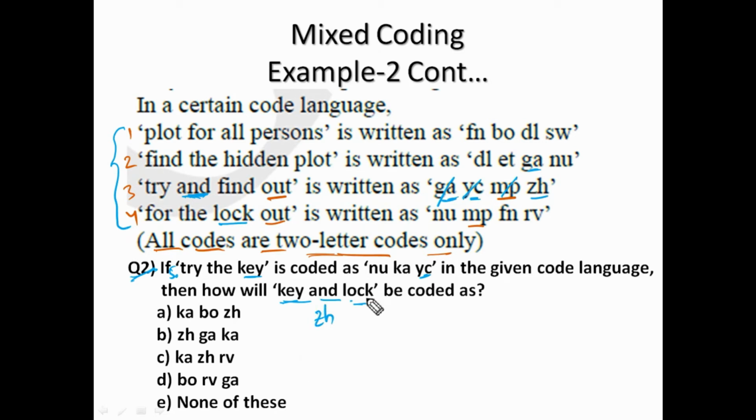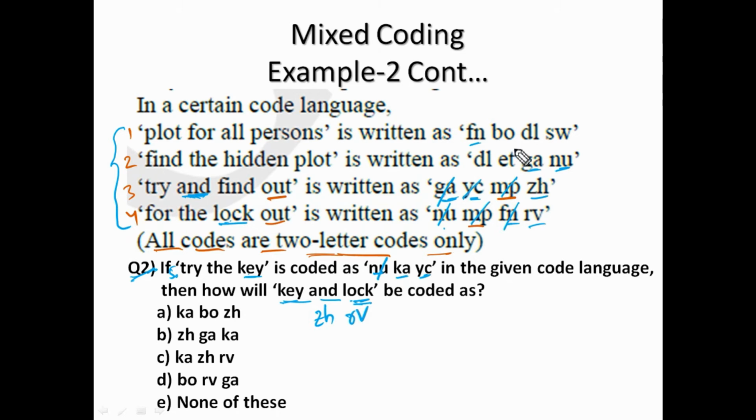Next, "lock". Lock is the uncommon word here, in the fourth statement. Search for an uncommon code. NU is there in the fifth statement, so it cannot be the code. MP cannot be the code. FN is there in the first statement, so it cannot be the code. Then RV is the code for "lock". Then find the code for "key". NU cannot be the code for "key" because it is there in the second statement, so cancel.